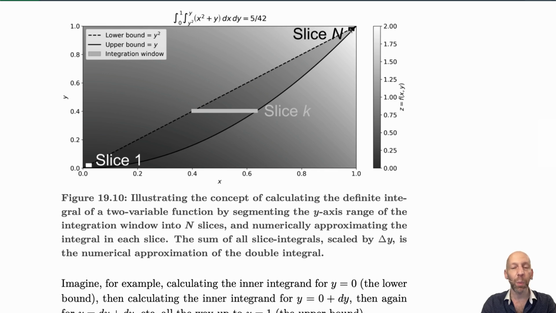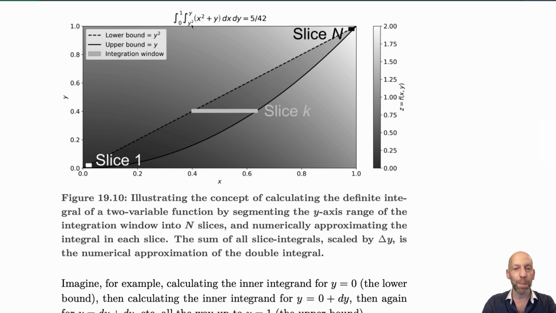So there's only a couple of points here, and this slice is thicker. So there's more x-axis values here and fewer x-axis values over here and over here. That means the number of points that we are integrating over depends on the thickness of the slice. That's intuitive, but it means that it depends on the value of y as we go through this variable